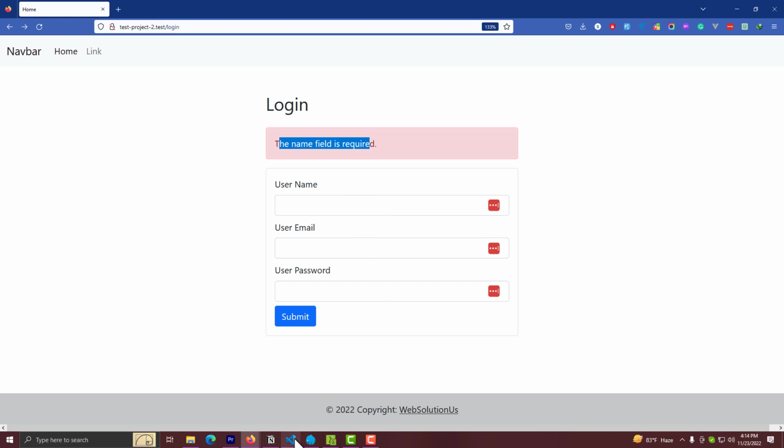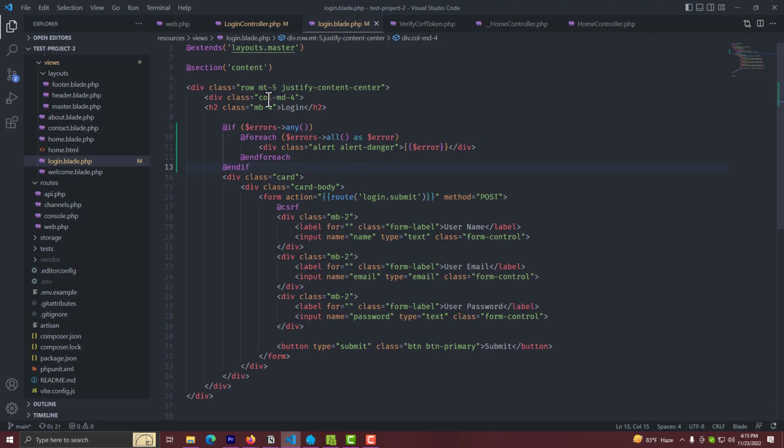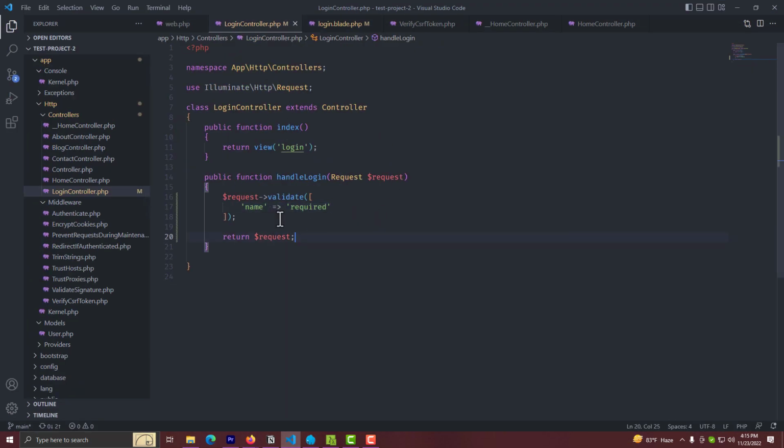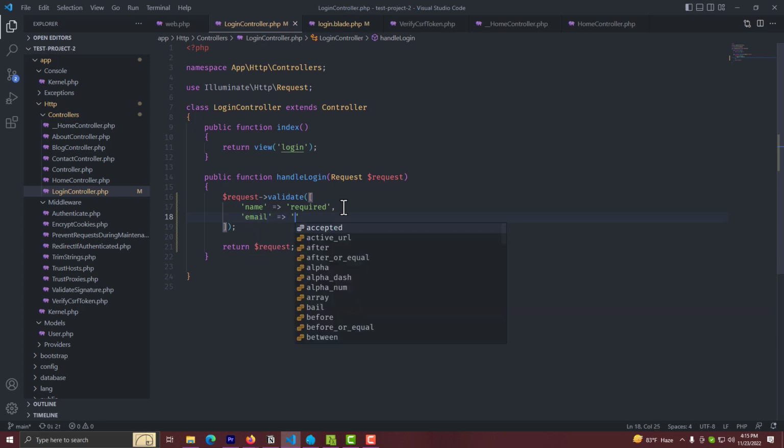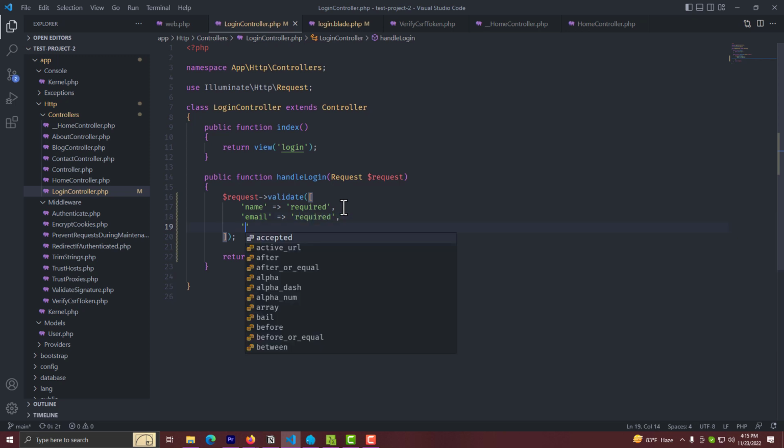Now let's go to our text editor again. Now let's go to the controller. In the controller we just validated one field. Let's add some more fields like email, that will also be required, and the password will also be required. So let's say password required. Okay, now